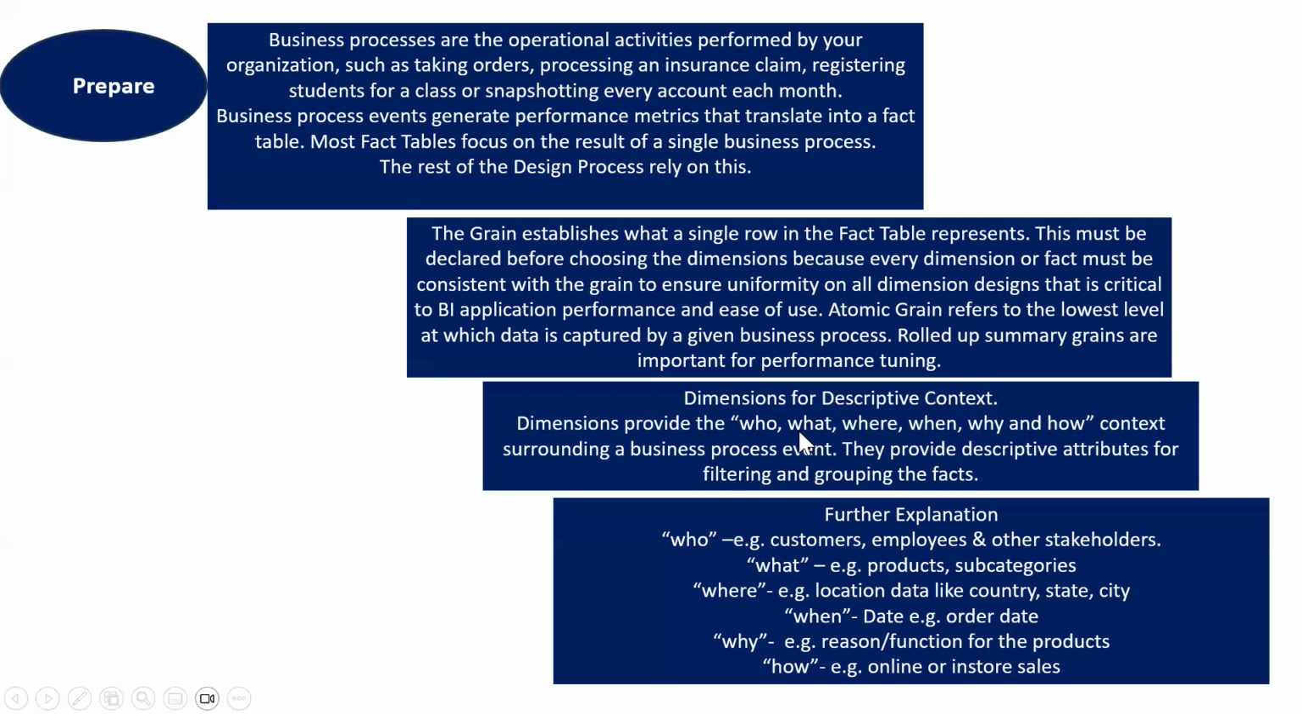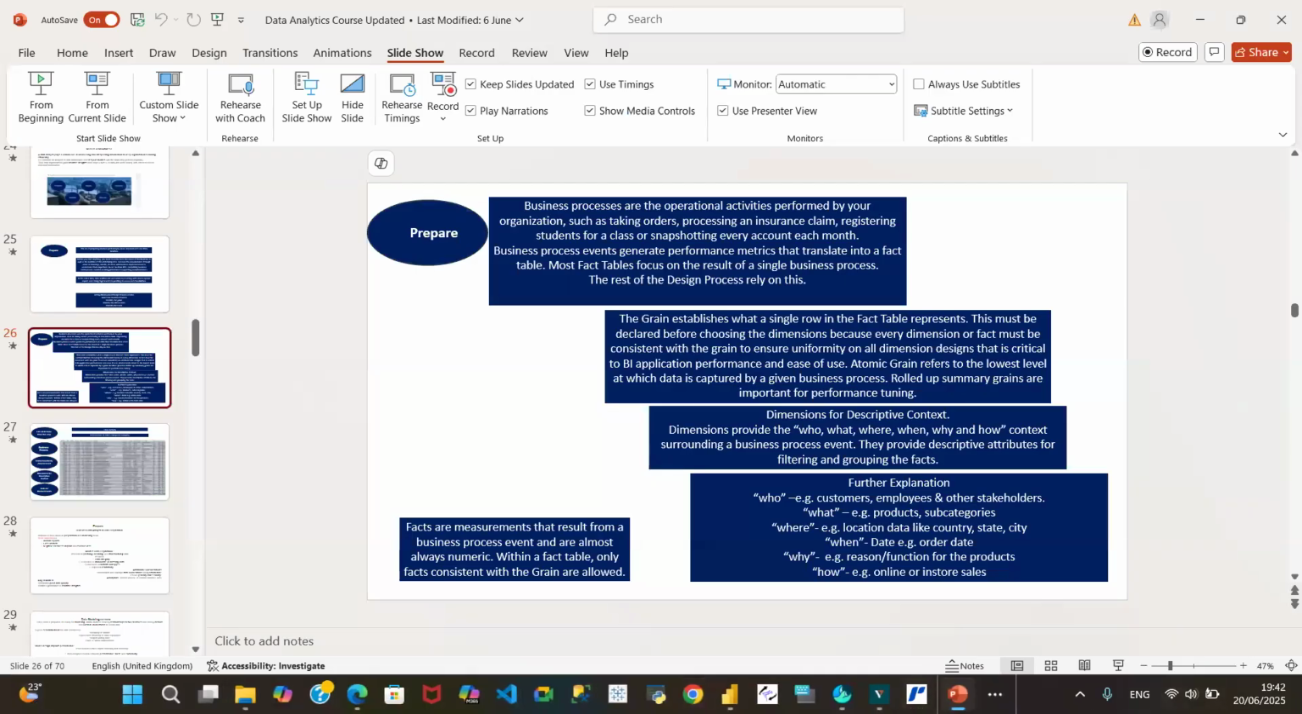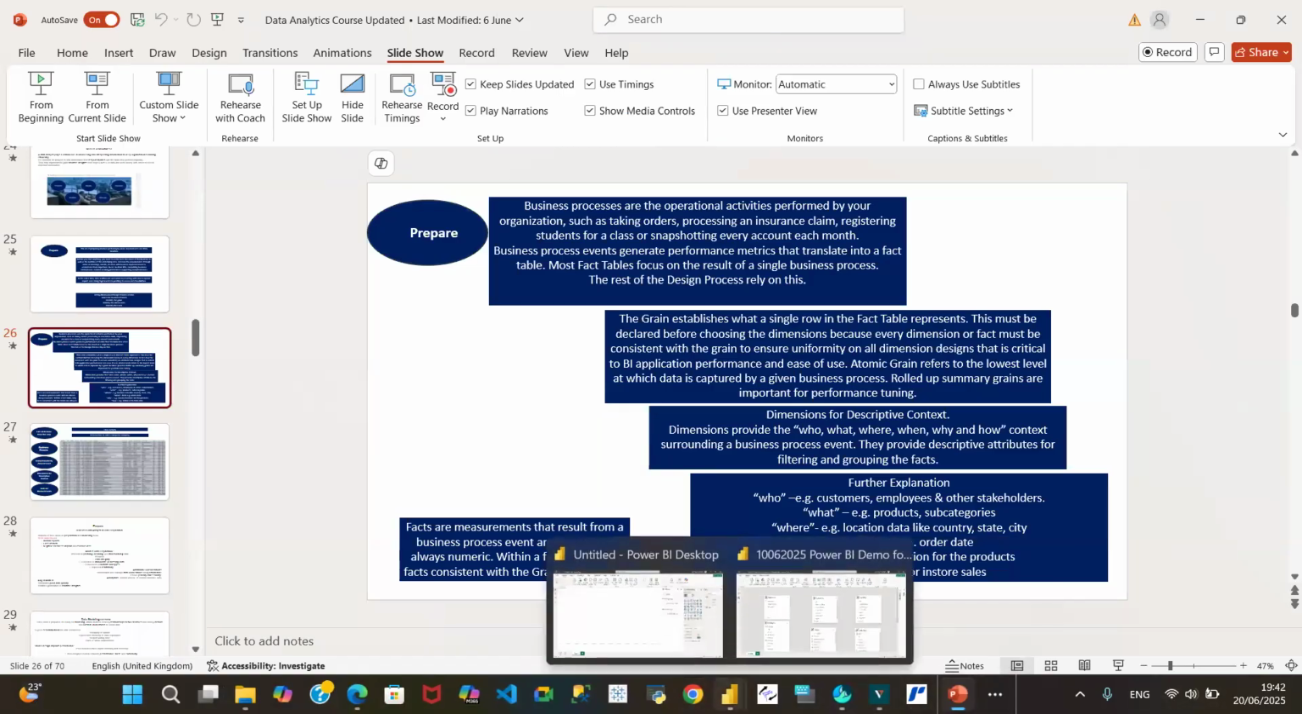So any of those tables that's giving us a who, a what, a where, a when, a why, and how, those are your dimension tables. And then like you said, the fact table is where the quantity that we are measuring resides. Okay. Yeah. So it says facts are measurements that result from a business process. Now, if we go back to our work now,